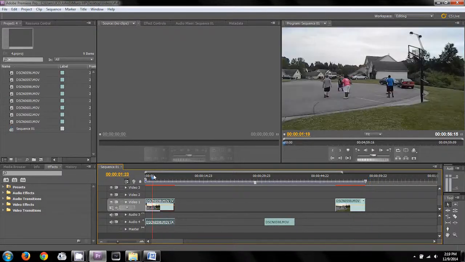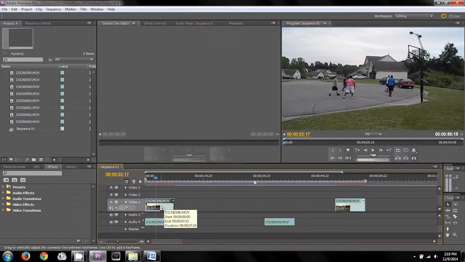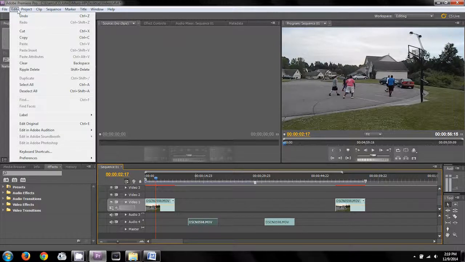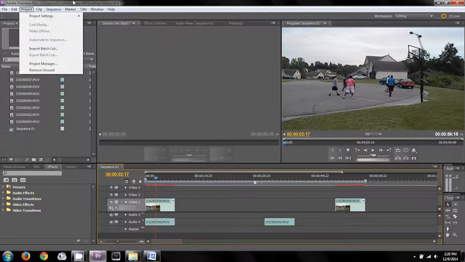Sometimes you're gonna want to edit, like change the audio and not the video of a clip. So if you want to do that, just right click it, then click unlink, then it'll automatically separate them so you can move them freely without moving them both together. Then you can also undo whatever you do. So just go up here, hit undo, and it will, like a lot of different programs, just go back to